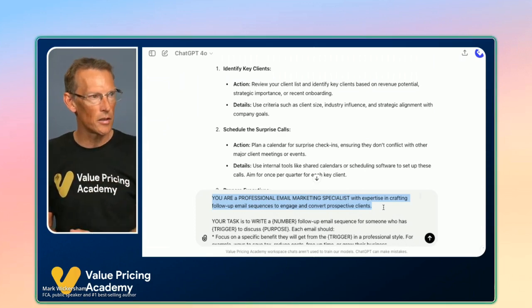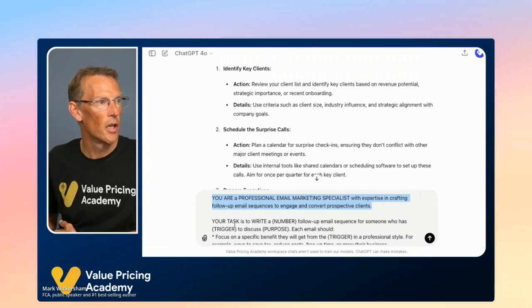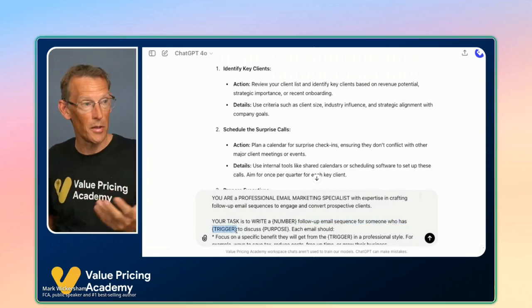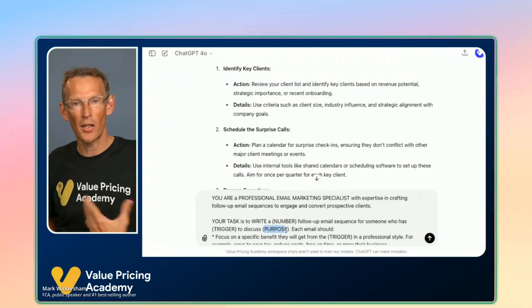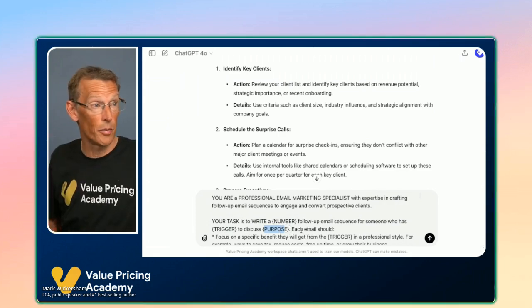We're now telling it to be a professional email marketing specialist. Your task is to write, in this case, we've got a variable, a 3-day, number is 3-day. Your task is to write a 3-day follow-up email sequence for someone who has, trigger, scheduled a meeting to discuss us acting as their accountant. If you're a bookkeeper, just change that in the variable.